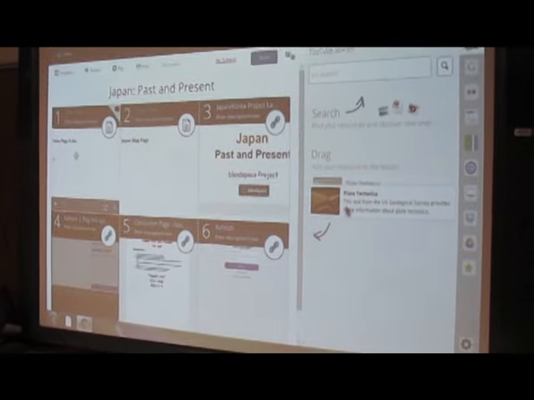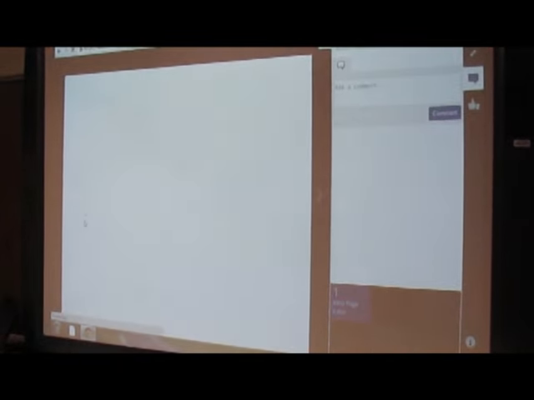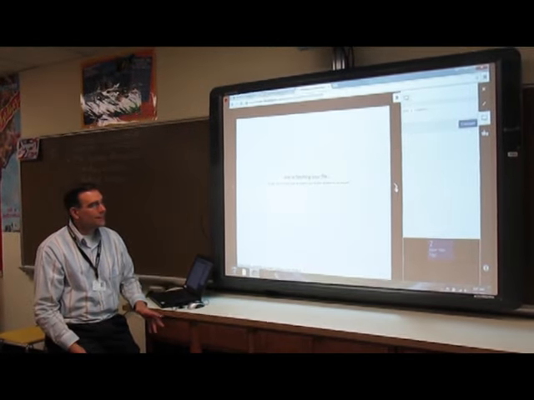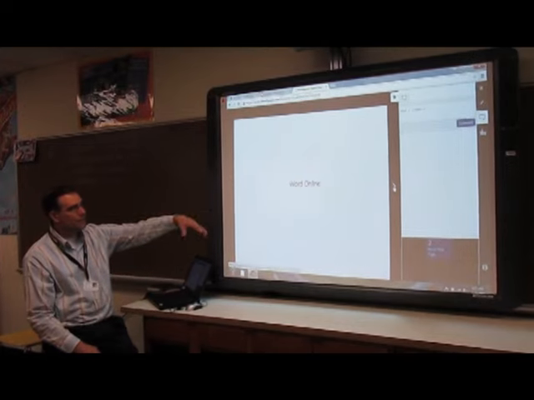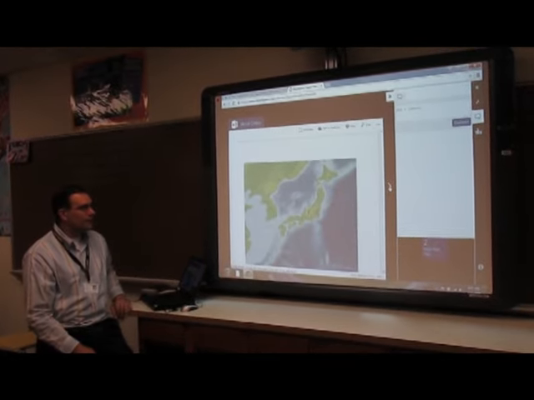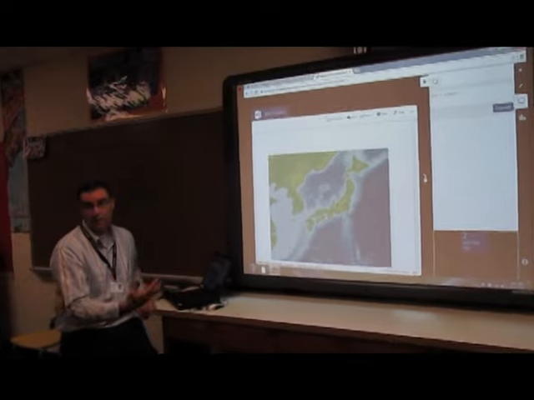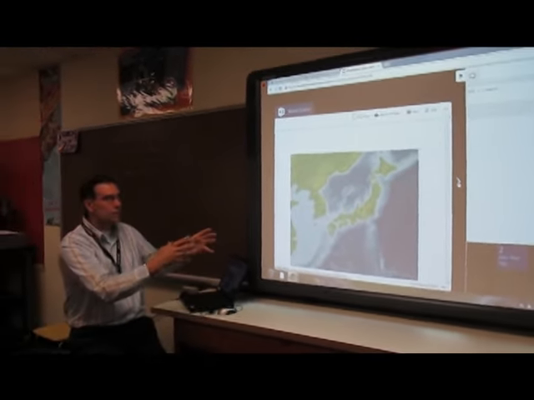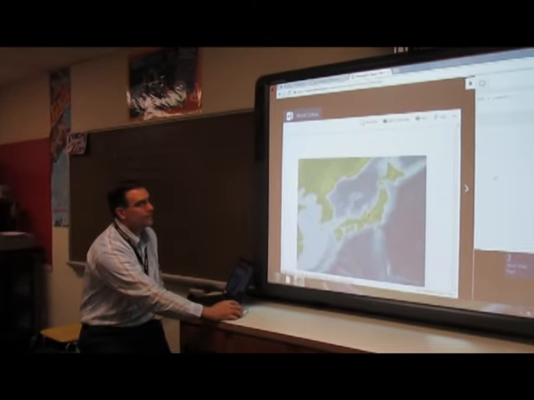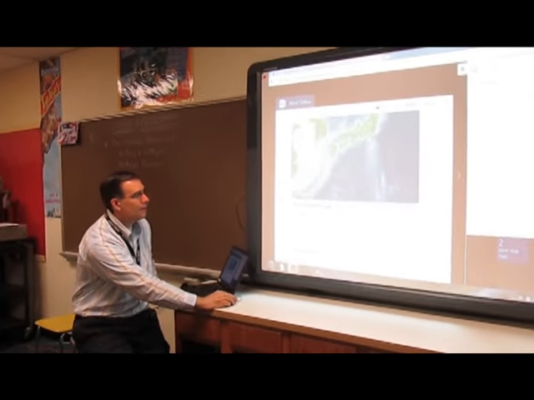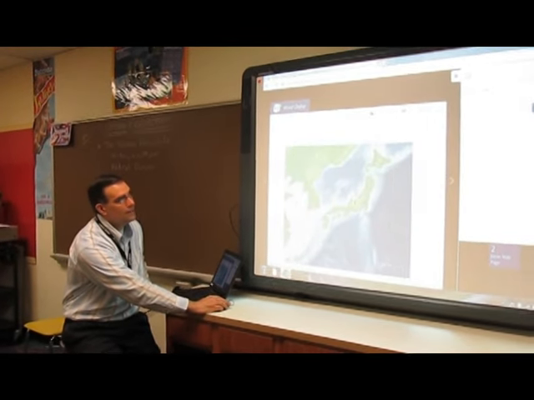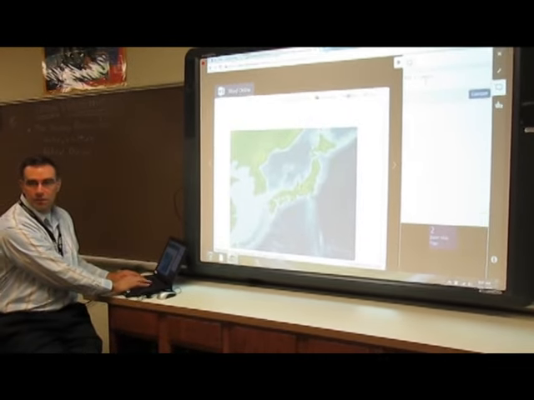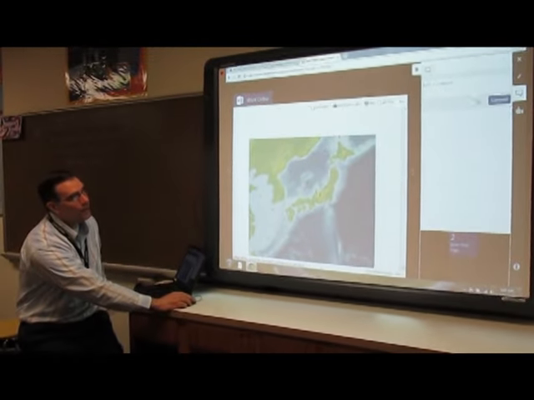So they had an intro page here, and it's just a word. But one of the neat things about this is that once you enter into something like this, there's different things you can do with it, and it kind of acts like its own little website. Right, okay. Each square, so you can interact with it. You can scroll up and down here. This is just a map activity that they did. If they want to add a comment, like "I can't find where Korea is," they can pose the comment there, and